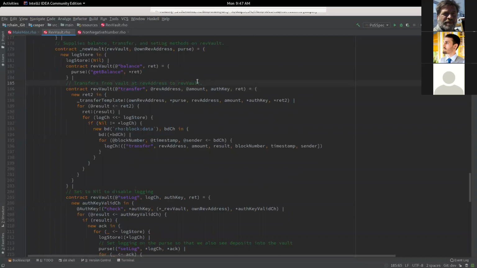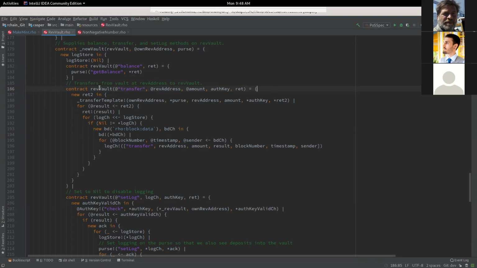That's what that comment is supposed to mean. Isn't that from the vault? To the vault, anybody should be able to send it, no? Yeah, we're sending from the vault that's associated with this rev address to this rev vault, the name that we have as rev vault here.